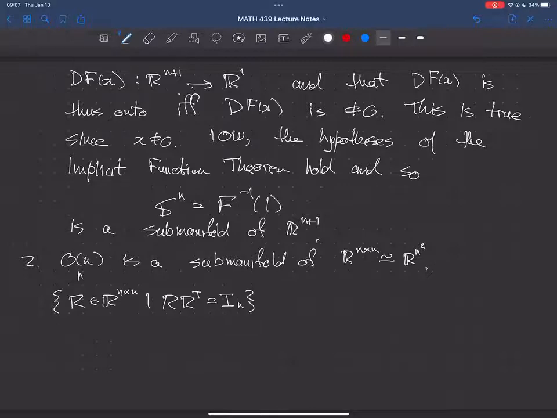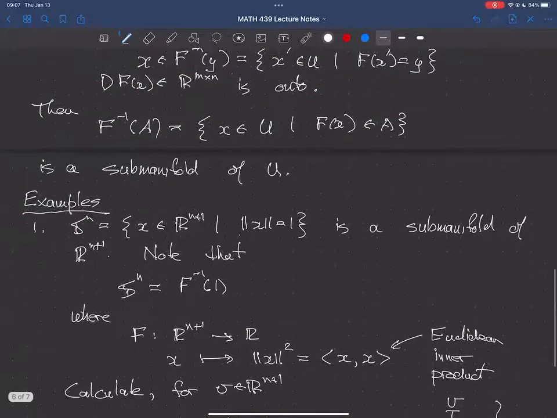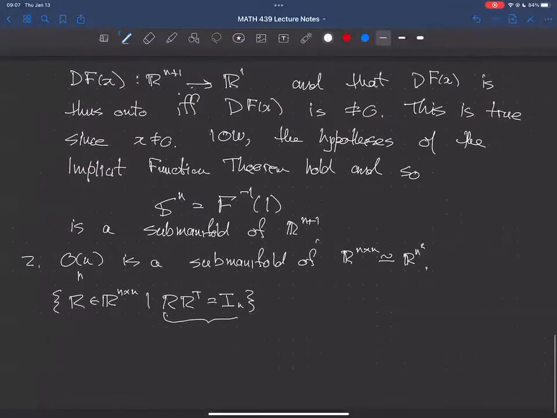And to do that, we're going to use the definition of On, because just like the n-dimensional sphere is defined by asking that some function takes certain values on Sn, On is defined by a certain function, namely the function R transpose R should take some value on On, namely the value equal to the identity matrix. So let's define f from R^(n by n) into